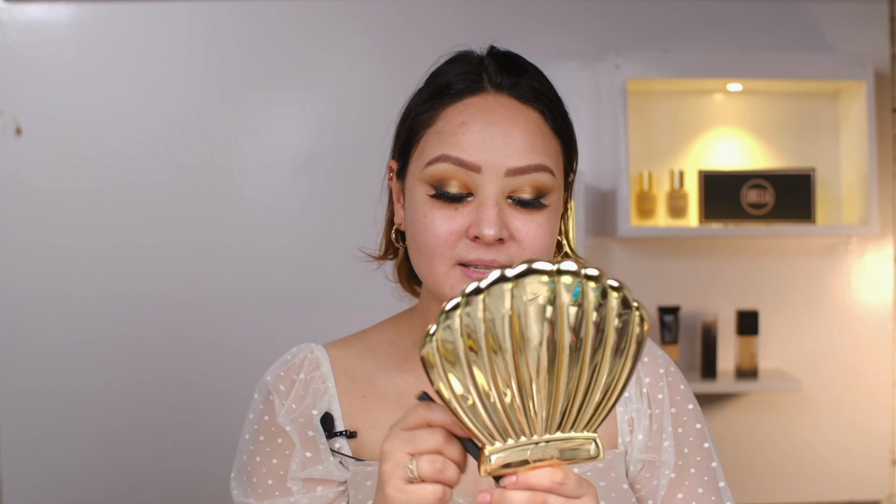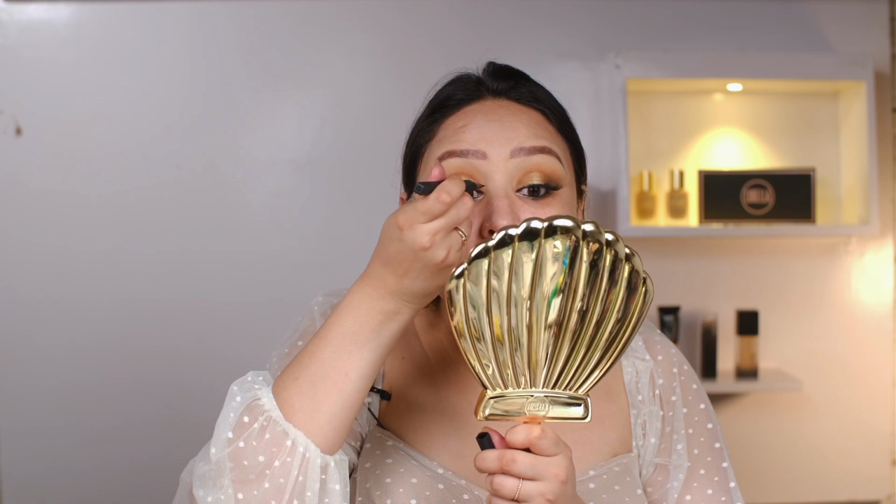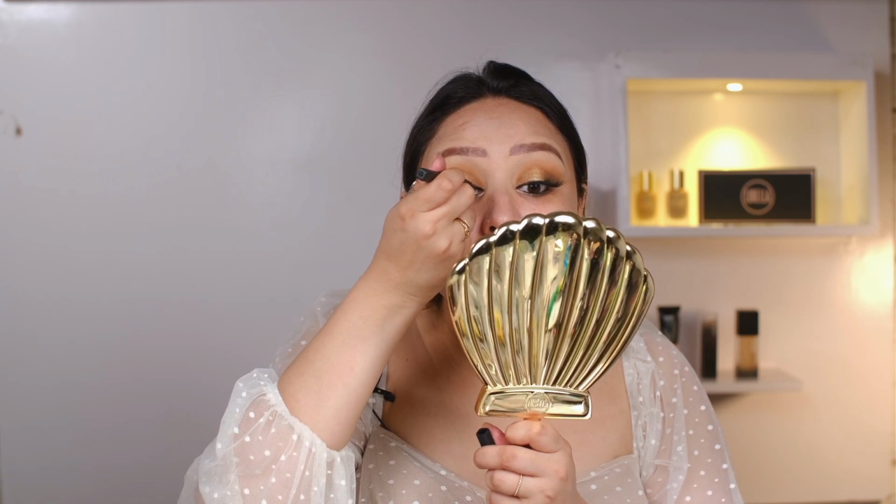All right, so I'm done with my lashes, and you can see these Emma lashes are so pretty. It gives you that cat-like feeling on your eye. So it's shorter here and super long at the ends. Now the gap right here, I'm just gonna take the Lurella liquid liner in the shade Shadow, and I'm just gonna fill this up right here, like so. And on the other side as well, like so. And we're done. So we have this really nice